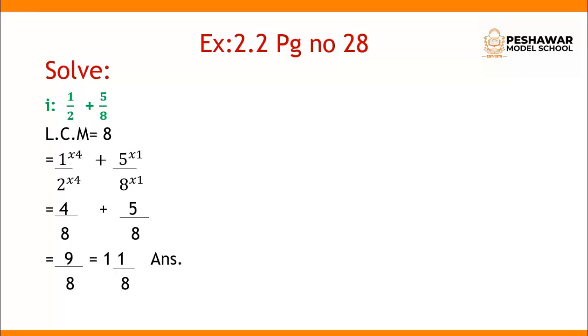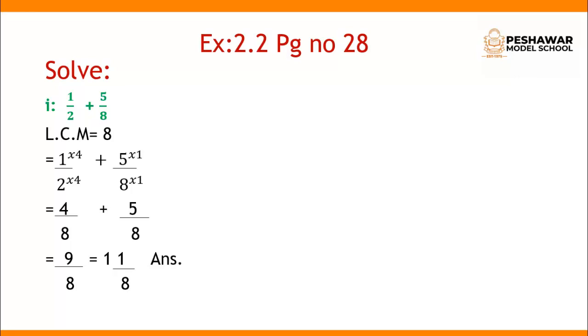So in this question, our denominators are not the same, and we have to take the LCM of 2 and 8 in our rough work. So what is the LCM of 2 and 8? It is 8. You can easily solve the LCM of 2 and 8. It is very simple. 2 ones are 2, 2 fours are 8. Then again 2 twos are 4, and 2 ones are 2. So it means 2 multiplied by 2 multiplied by 2 multiplied by 2. So our product is 8. So the LCM is 8.